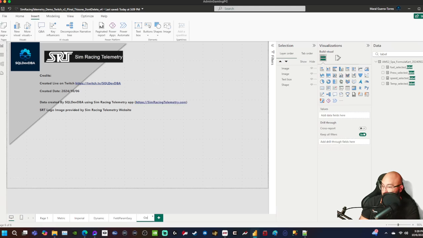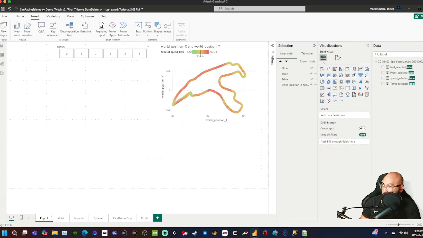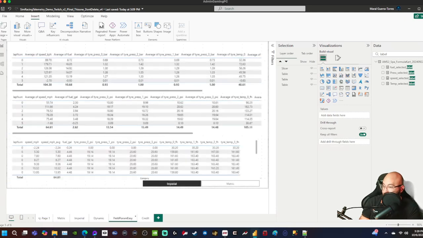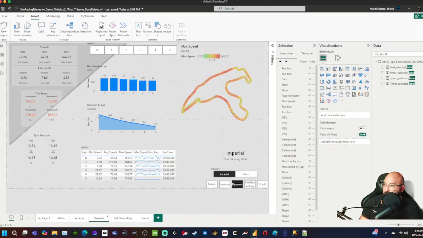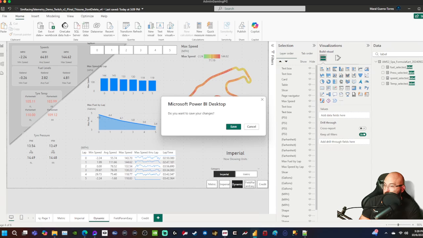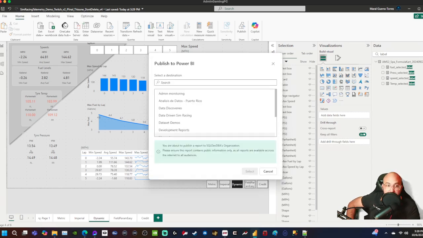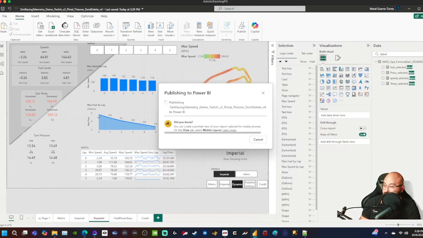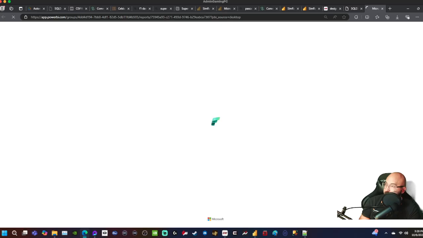So, all right, I think we are good to go. Page 1 was, I don't know, let's just hide that guy because we don't really need it. Here's the Fields parameter, here's the dynamic page. This is the one I want to publish it from. So we'll go over here, we will publish, save, and let's try it again. We're gonna do it to data-driven sim racing. We'll select that, we'll go to replace, we'll open it up on the Microsoft web browser, Edge, which